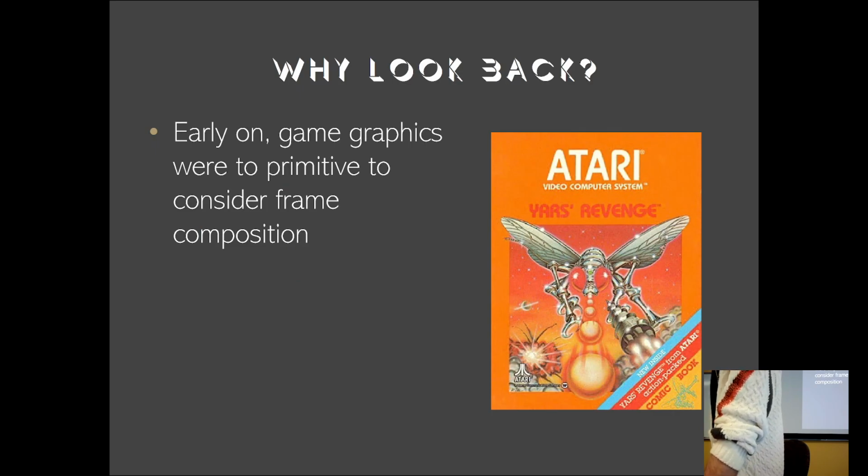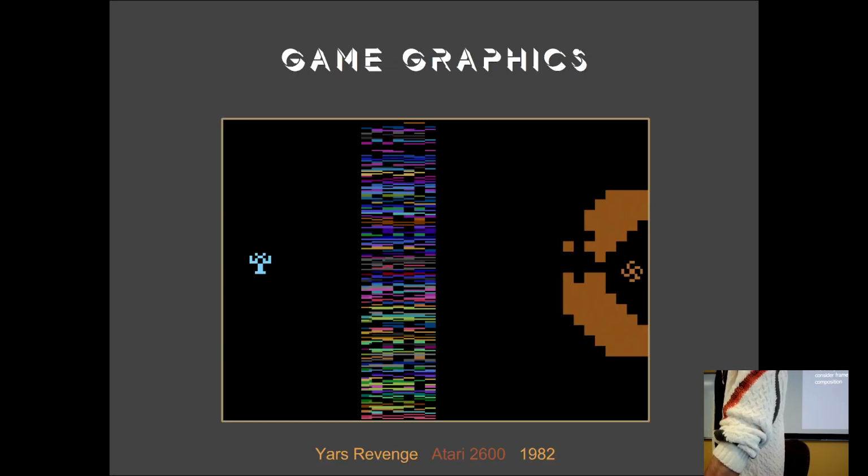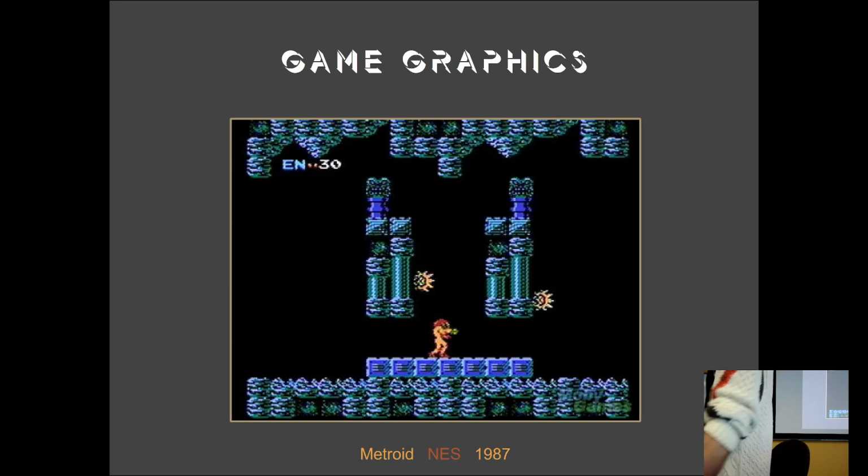So why look back? Early on, game graphics were very primitive, such as Yars' Revenge here, extremely primitive and ugly, but also beautiful at the same time. So ugly, it's beautiful. But you can notice how the possibilities started opening up once the technology and the hardware got better, right? And once we were able to use 16-bit or even 8-bit, in this case, we're really starting